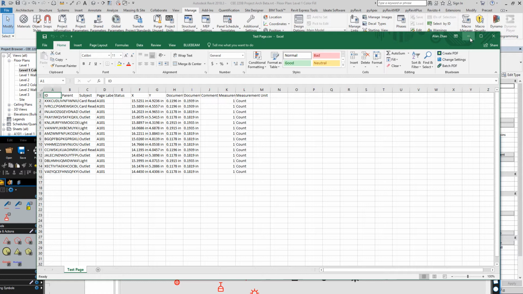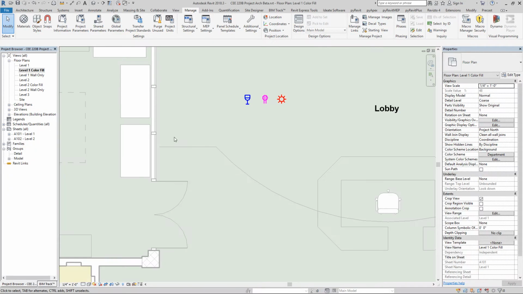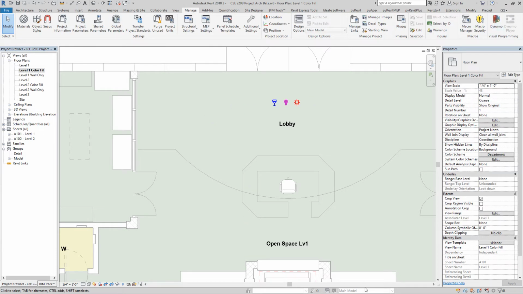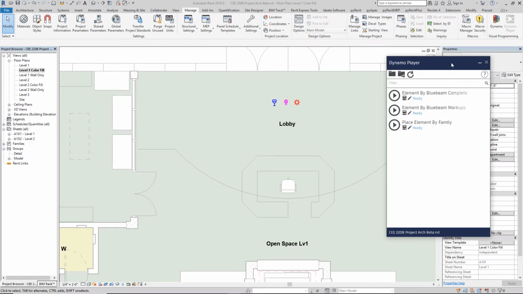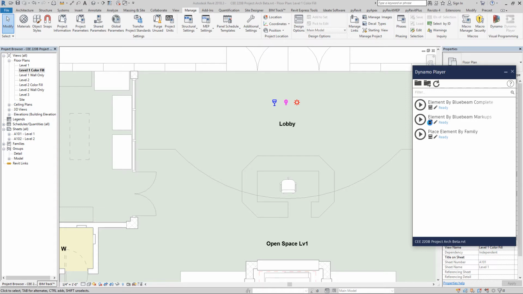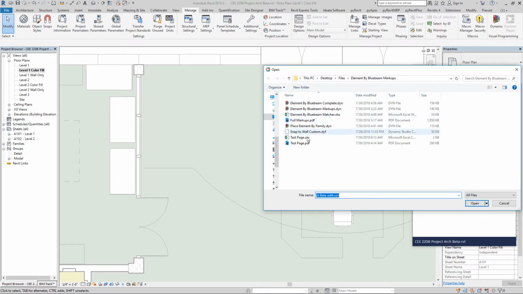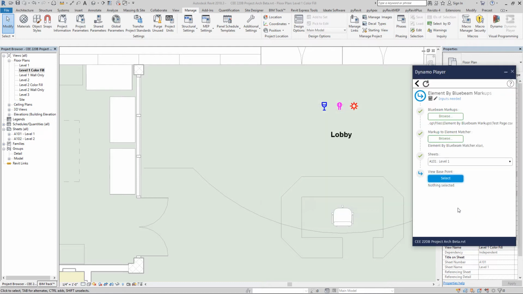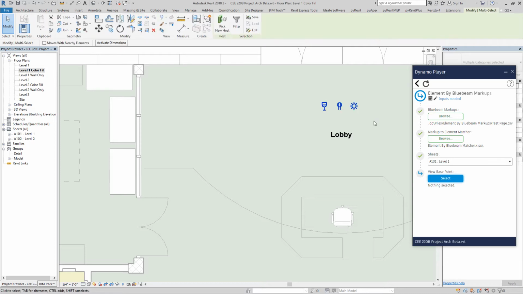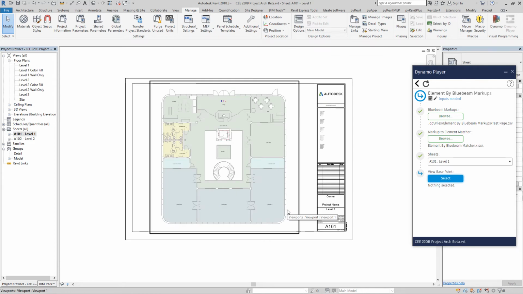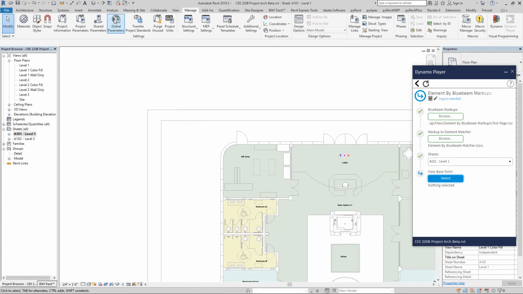So actually, these markups come with an X and Y in Bluebeam, and if only we had some way to translate that into Revit. So let's take a look here. The element by Bluebeam markup. We're going to pick the Bluebeam markup using the test page CSV that we just created, and there's going to be an Excel reference from the symbol in Bluebeam to the actual element in Revit. And we're going to use this as the page that we just printed, and we're going to add something in here